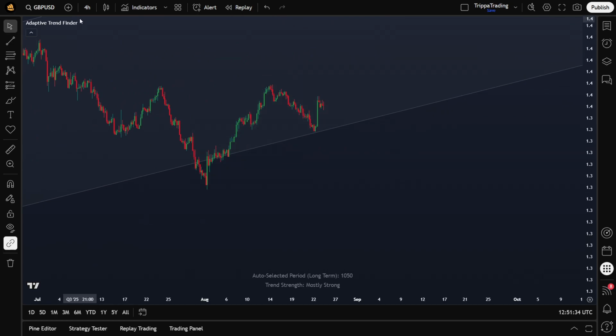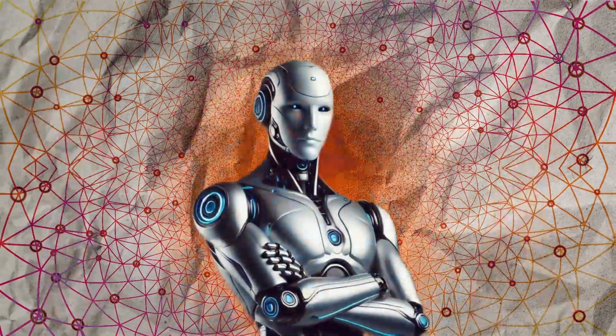So Indicators tab again, and I'll search for